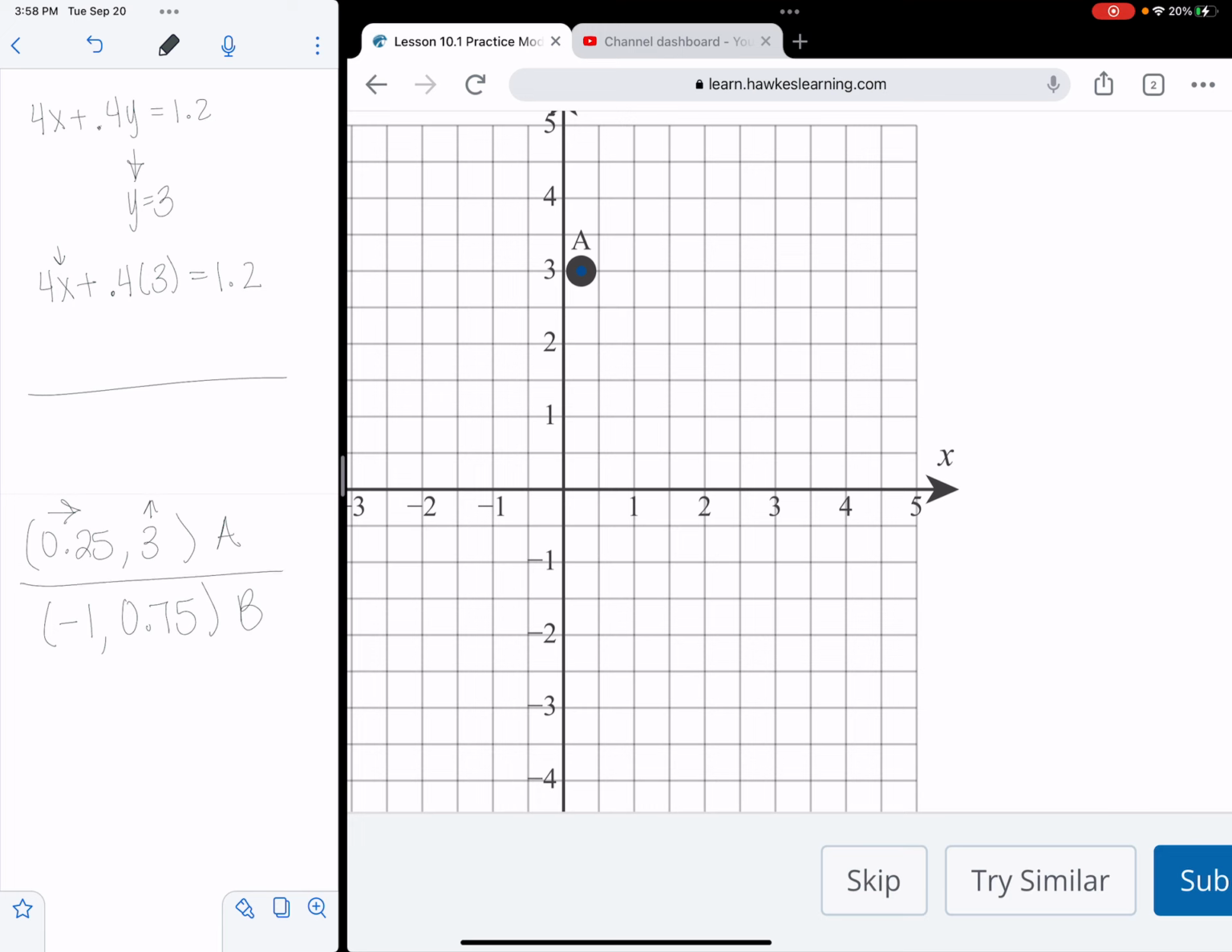And then letter B is going to be negative 1, 0.75. So put my dot on there. Okay, so it's starting at the origin. Negative 1 means I'm going to go left 1. 0.75 means I'm going to go up 0.75. So I'm going to go left 1. Pay attention to my scale. Negative 1's way over here. Just had to skip that. Negative 1, and then I'm going to go up a half and then another half, because 0.75 would be halfway